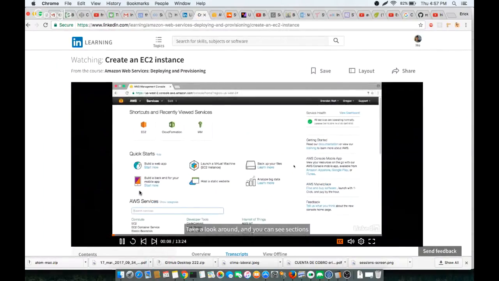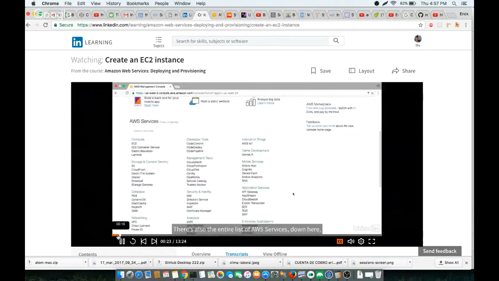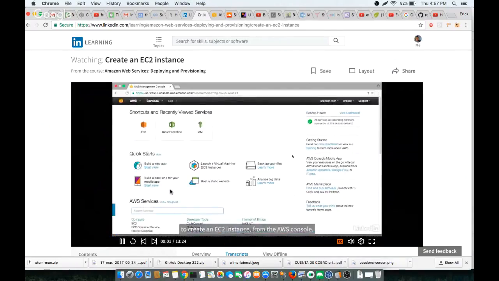Take a look around, see sections to show our recently viewed services. If this is your first time here, you'll see quick starts for several popular things that you might want to do, including launch a virtual machine, ec2 instance, which we will do in a few minutes. There's also the entire. Let's take a look at what it takes to create an ec2 instance from the AWS